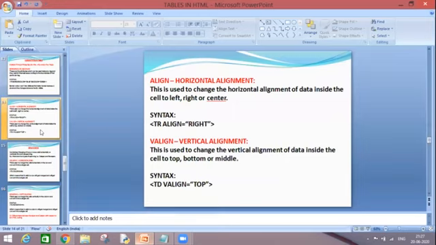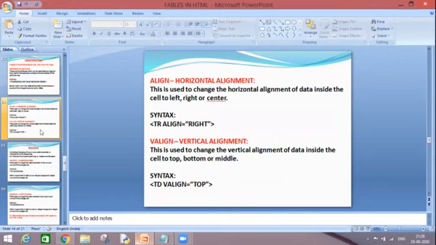Next is alignment. Alignment is also a very popular attribute which can be used with most of the tags. In the case of a table, we talk about two types of alignment, horizontal and vertical. Horizontal alignment says that data can be aligned left, center, or right.